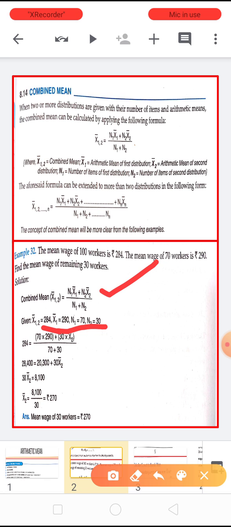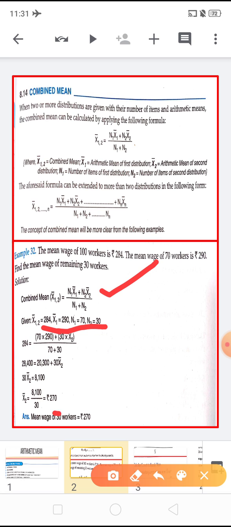Children, when we multiply, we get 284 multiplied by 100, as the denominator goes to the left hand side, equals 70 into 290, that is 20,300, plus 30 x bar 2. So 30 x bar 2 equals 8100, or x bar 2 equals 8100 divided by 30,